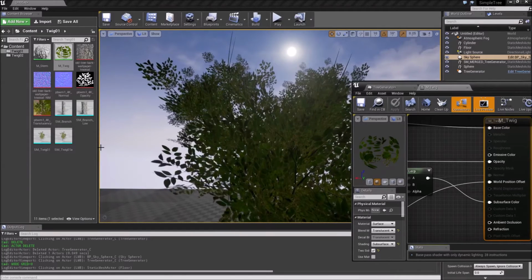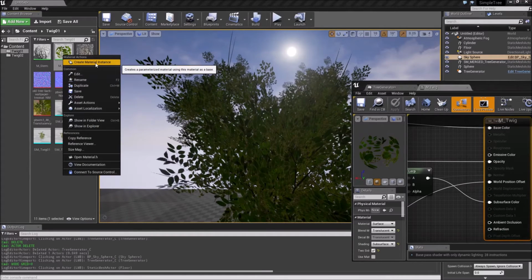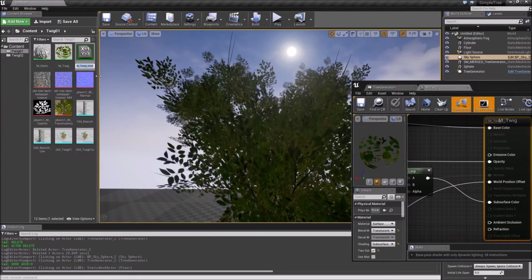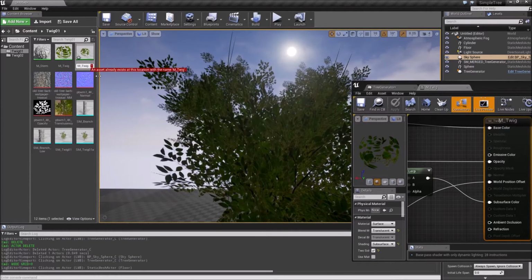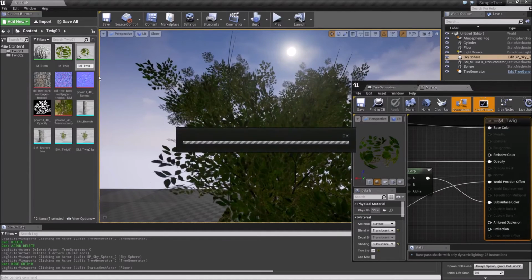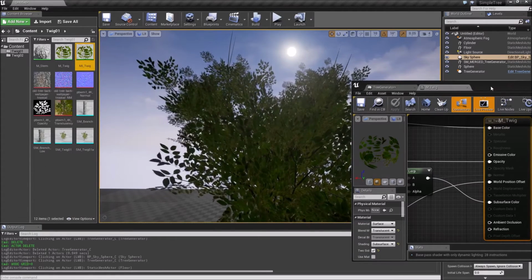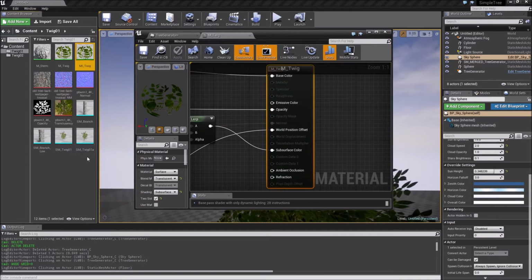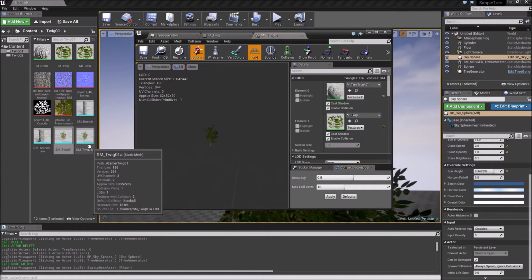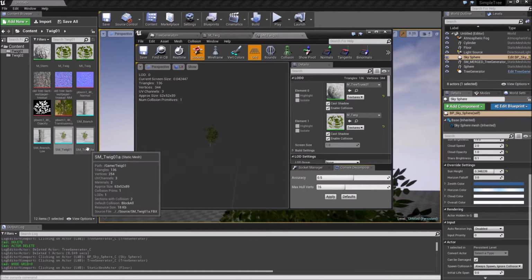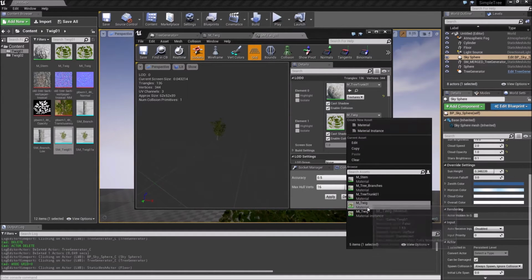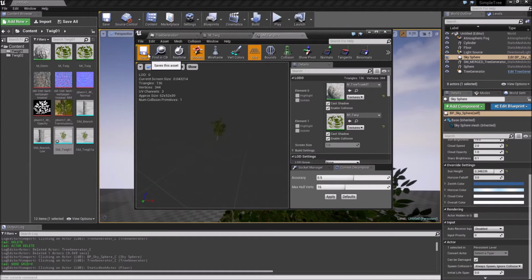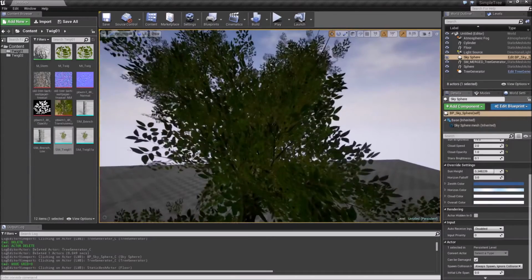I am going to make a material instance of this so we can tweak things. We'll call this MI for material instance, and I am going to take my twig. Oh yeah, and that was also another thing I wanted to tackle. Yes, because yeah, okay, I'm going to come back to this. We're going to do it for this one. So I'm going to switch this out with the MI twig. That's going to do nothing, but